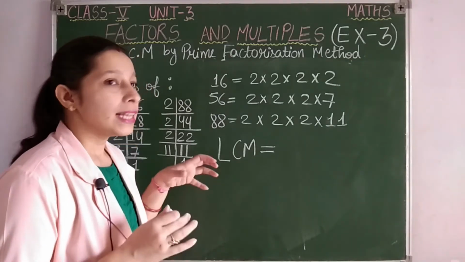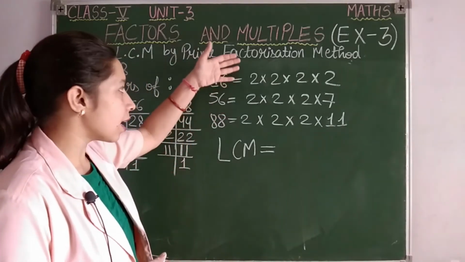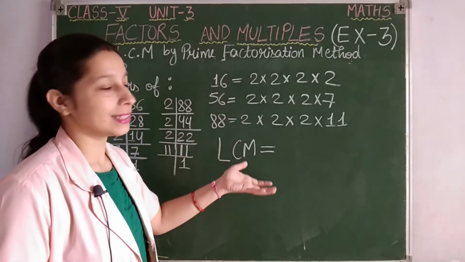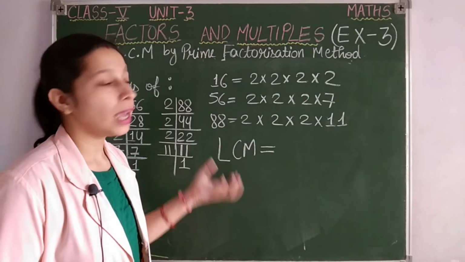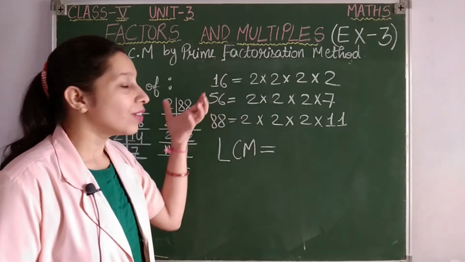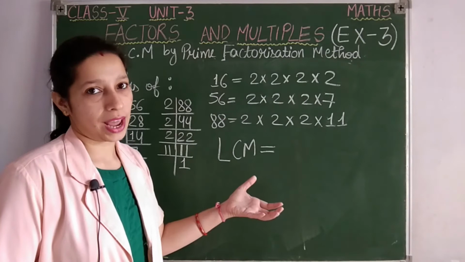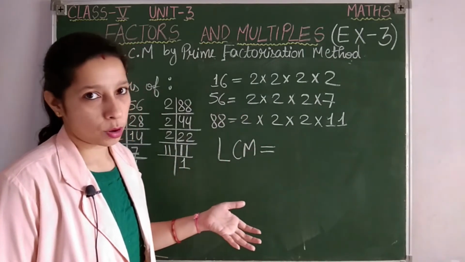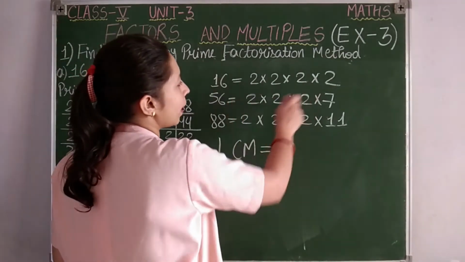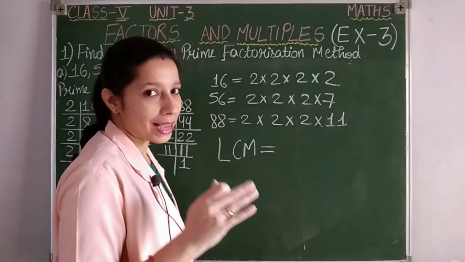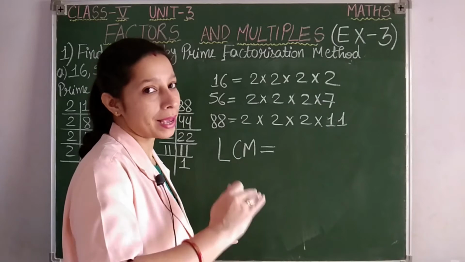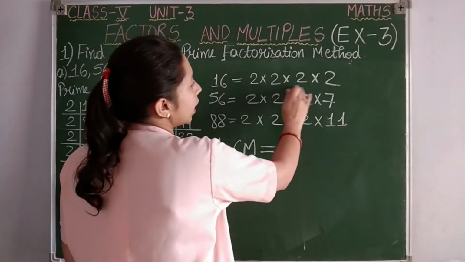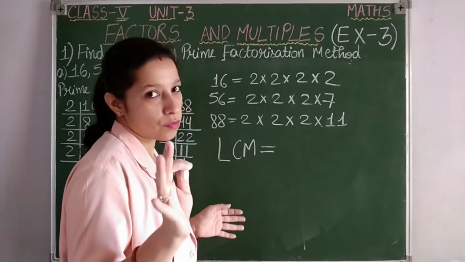So now instead of searching and circling the common factors as for HCF, here we are going to see the prime factors which are appearing the maximum number of times. Okay students, prime numbers which are appearing the maximum number of times. Here see, 2 is appearing how many times? 4 times maximum, and you understand na, maximum means सबसे ज़्यादा बार. Okay, so here 2 is occurring how many times? It is appearing 4 times.